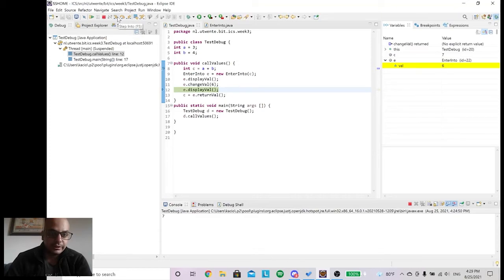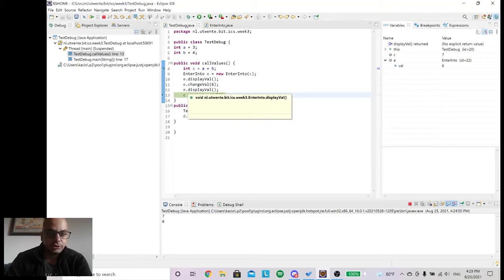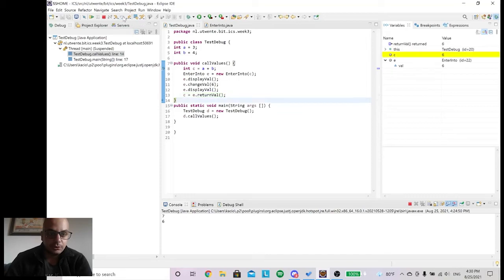And again, I can step into it, but I did it before. I know it works correctly, so I'm going to step over. Now I'm assigning to my c the new value I have assigned in the change val. As this is a return method, I'm just going to take that value, which is 6, and if I step over again, as you can see, my value c is now 6.